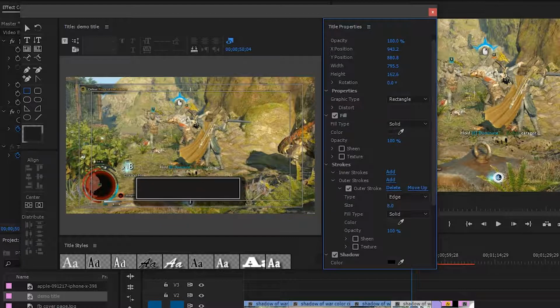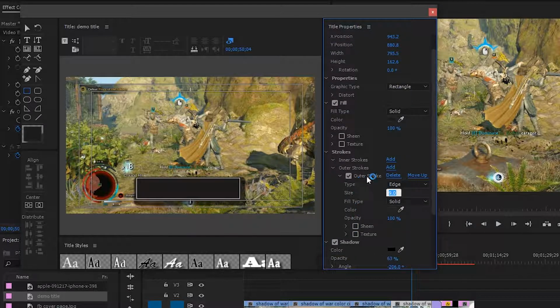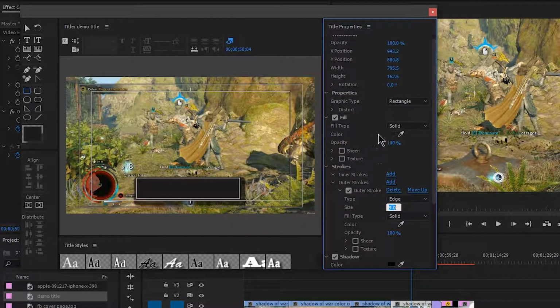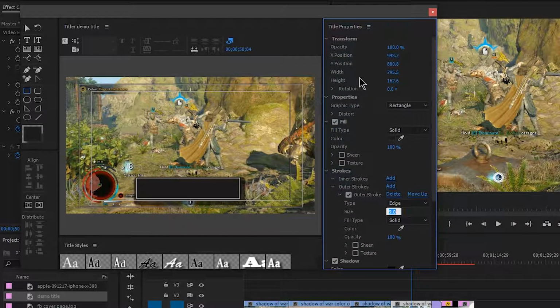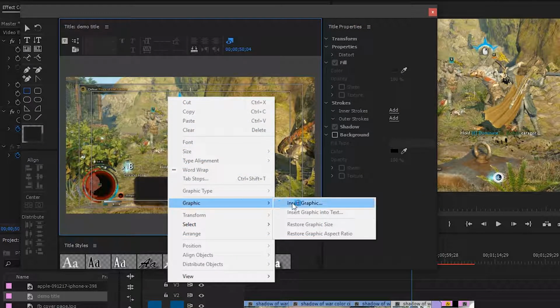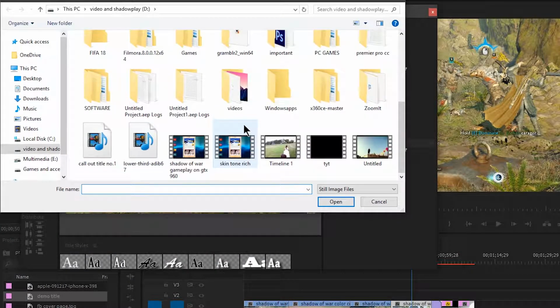So practically I like the black one really, so that's really good. And change the size as well. So as you can see, we have the option for shadow, for outside border, stroke, the fill color, and the X position, Y position, height and width. As you can see, you can change the height and width, the rotation, and also if you want you can add graphic,